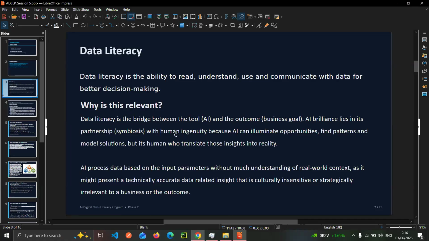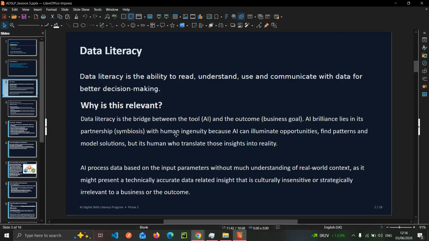AI's brilliance lies in its partnership with human ingenuity, because AI can illuminate opportunities, find patterns, and model solutions, but it's humans who translate those insights into reality. So AI and humans are, like the word says, in symbiosis. It's more of a biological term.